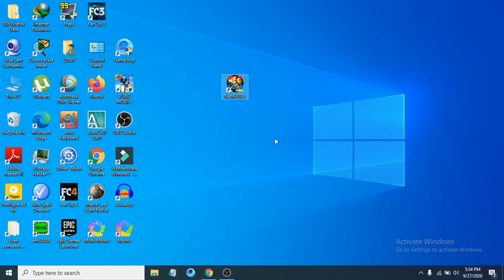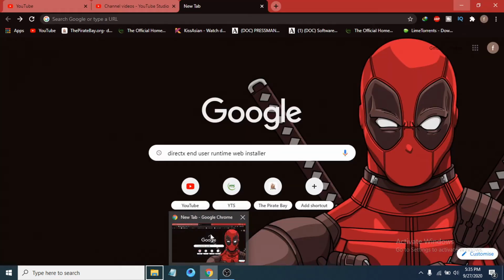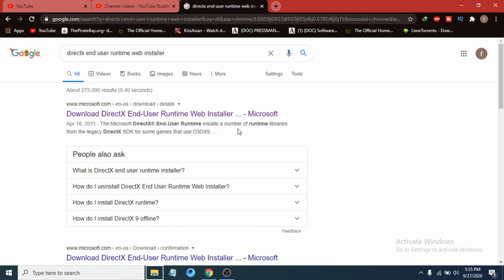Then try to start the application again, and if that doesn't work, you just have to download the DirectX web installer. So you just have to go to the browser here and search for DirectX End-User Runtime Web Installer. So click enter, and it will show you the Microsoft website here. Just click here